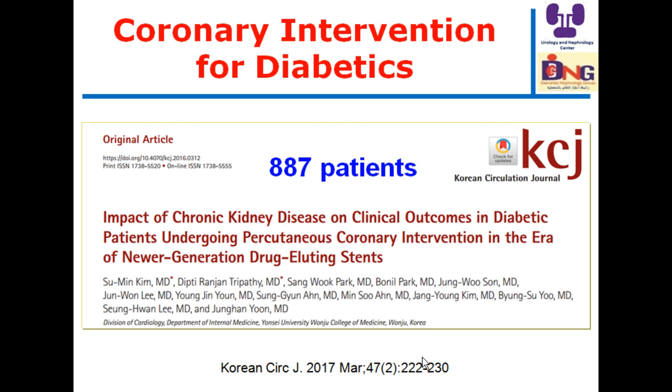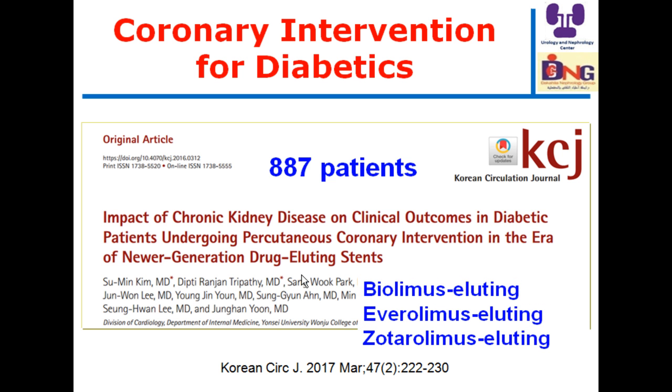Another interesting point here is the impact of the presence of chronic kidney disease in diabetic patients subjected to percutaneous coronary intervention in the era of new generation drug-eluting stents. Here they looked at three newer generation drug-eluting stents: biolimus eluting, everolimus eluting, and zotarolimus eluting stents,